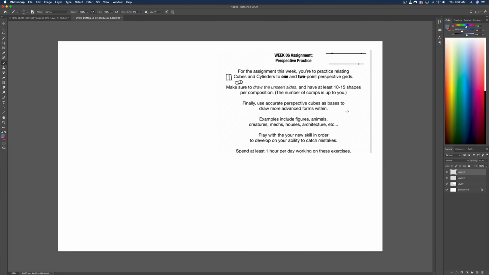Hello and welcome to the week 6 assignment demo for the beginner drawing course. In this assignment demo, we're basically just going to be doing some cubes and cylinders. And in the last part of it, we're going to be doing some more complex forms within those more simplistic forms. So we're going to be using 1 and 2 point perspective grids because this is a beginner course, and